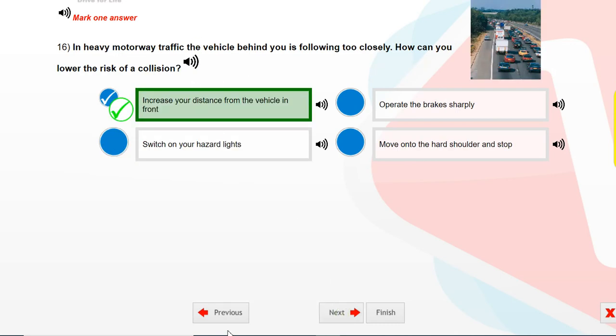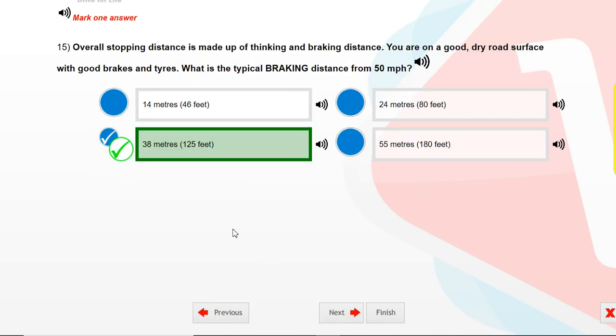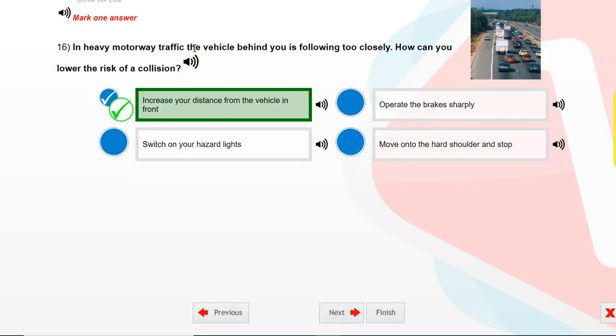In heavy motorway traffic, the vehicle behind you is following too closely. How can you lower the risk of a collision?